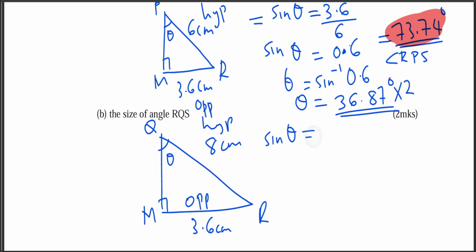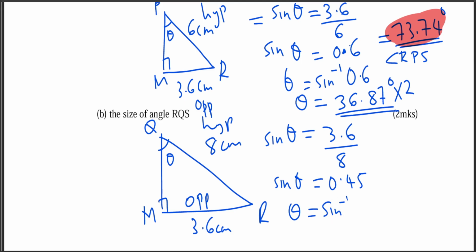So sine theta is equal to 3.6 divided by 8. You divide those two and it gives 0.45. So theta, if you want to remove sine, we need sine inverse of 0.45. So theta is equal to sine inverse of 0.45, which gives